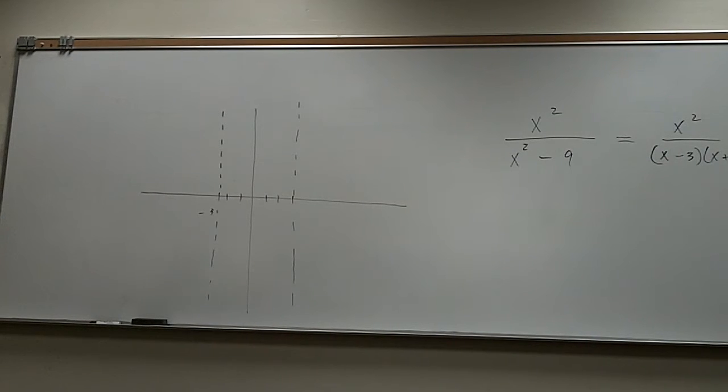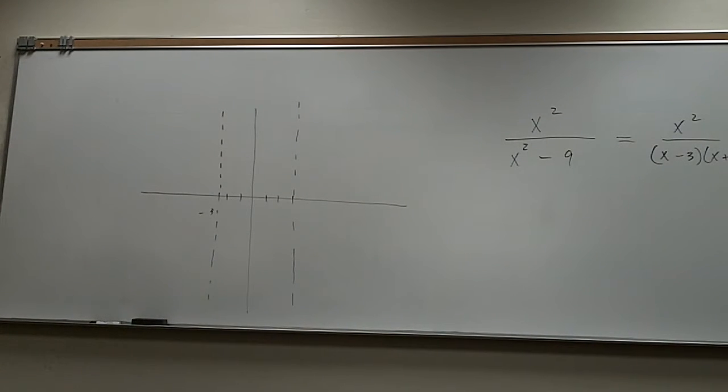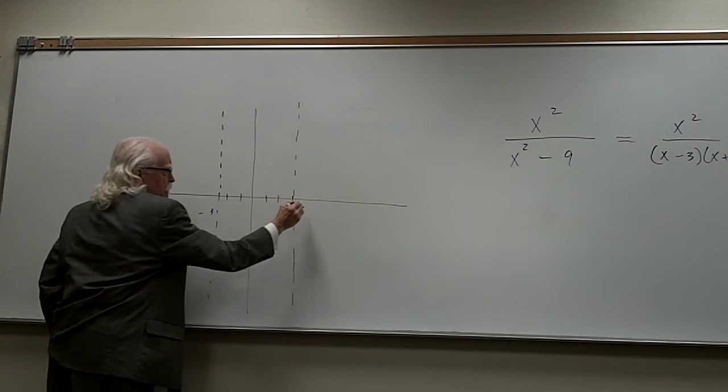Those are called brick walls. Those lines are brick walls. They're called vertical asymptote lines. A vertical asymptote. That means that if I'm not allowed to put in a 3 or a minus 3, then